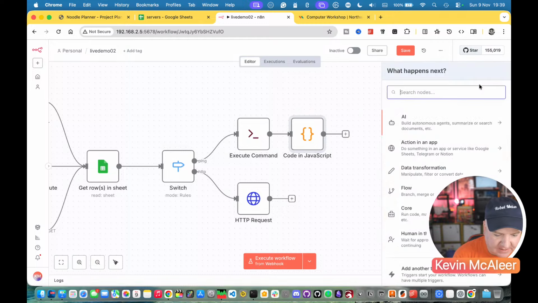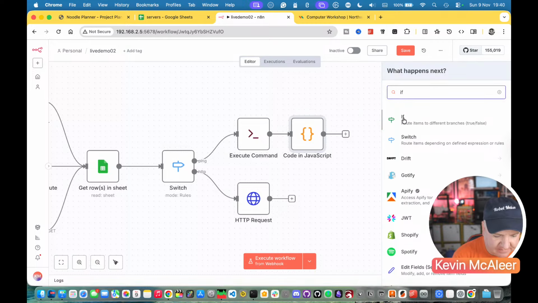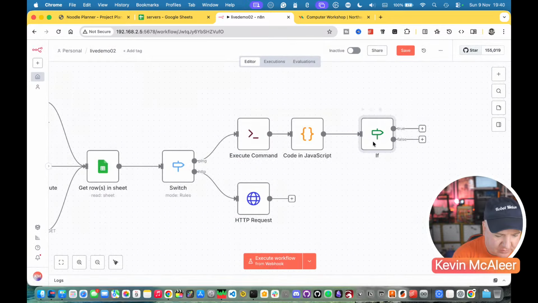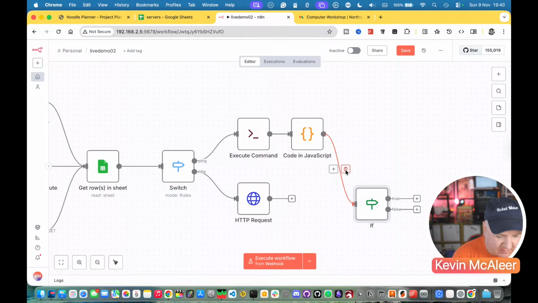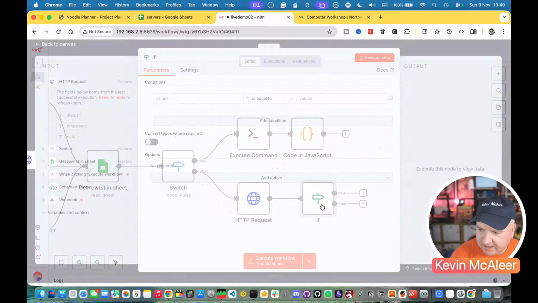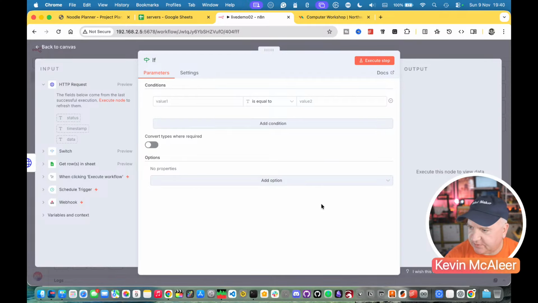Right, the other one we need is an if statement. Let's grab an if. Let's hook the if statement up to the correct node. So this one's going to be from here to here. And in our if node, what we're going to do is check whether it's equal to healthy or if it's not equal to healthy. So what we'll then do is grab